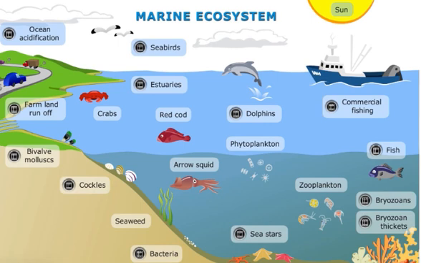So let's review. Producers like seaweed start the food web by using sunlight to create energy. Herbivores like small fish and snails eat producers. Consumers like penguins and crabs eat herbivores. Apex predators like the great white shark eat consumers to keep the ecosystem balanced. When an animal eats, the matter and energy from its food moves through the ecosystem. This movement keeps the ecosystem alive and functioning.